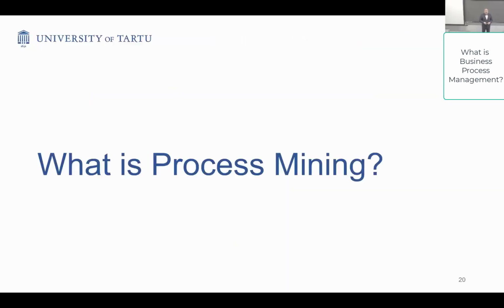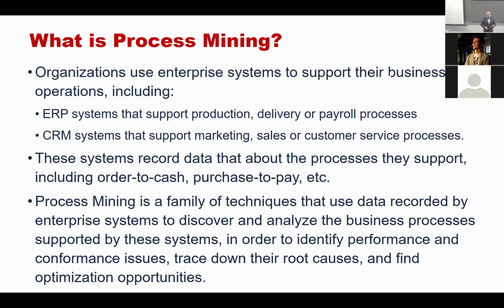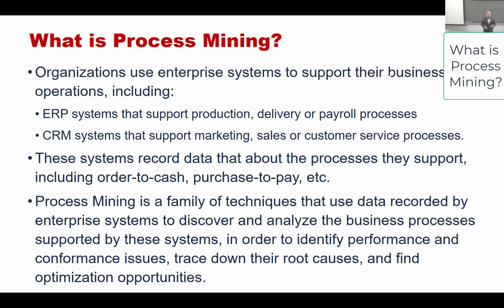So process mining is a set of techniques. So it's no longer like a discipline, but rather a set of techniques that take data that comes from so-called enterprise systems in order to help managers improve their processes. In other words, in order to support business process management activities. Any organization out there of a certain complexity beyond like a handful of people will have certain systems to support their work. For example,